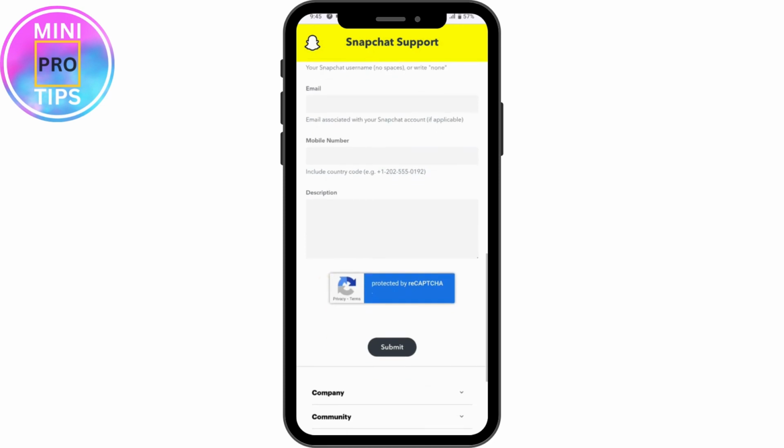And once you enter that, you need to simply tap on submit, which is on the middle of your screen, and Snapchat will help you after that. That's the only way to reset your Snapchat password without old email password